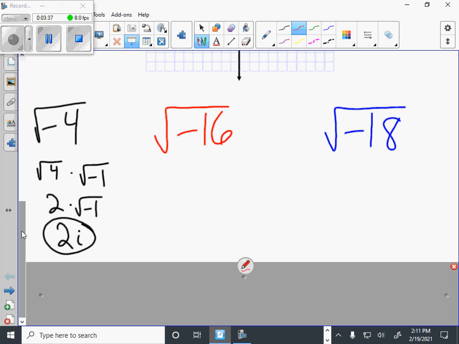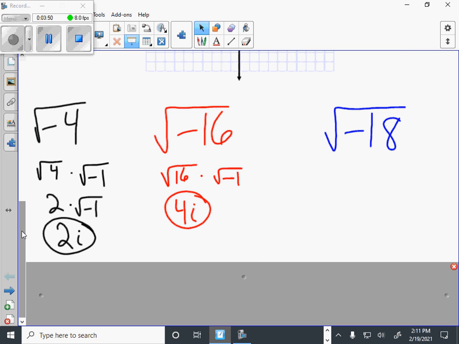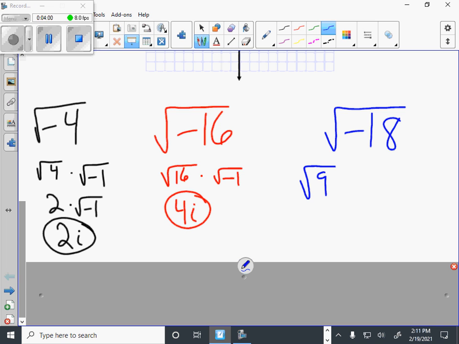Okay, just like this one, square root of negative 16. That's like saying the square root of 16 times the square root of negative 1. Well, the square root of 16 is 4. The square root of negative 1, that's just i. And then the square root of negative 18. Well, again, which of the perfect squares goes in there? We know that can be written as the square root of 9 times the square root of 2 times the square root of negative 1, right? Because it's negative. Well, we have the square root of 9, which is 3, times the square root of 2